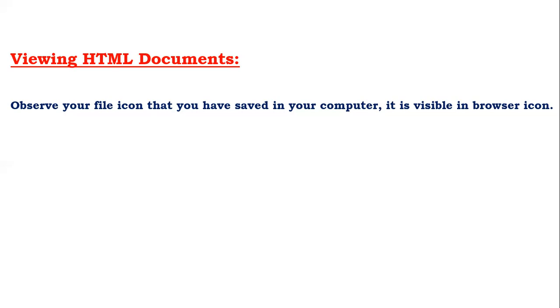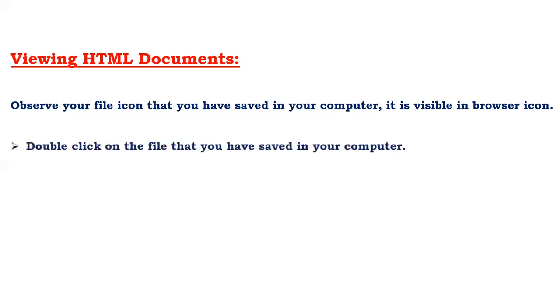By default, whatever browser you have in your computer, your HTML file will be displayed in that browser icon. So you just double click on the file that you have saved in your computer to see your web page.